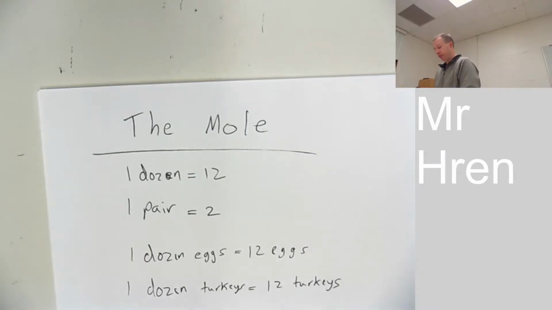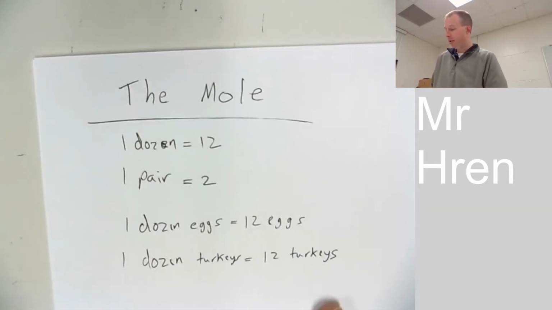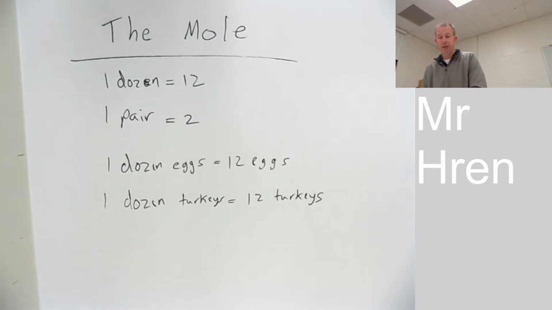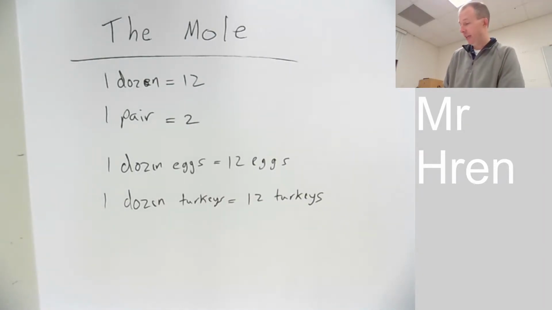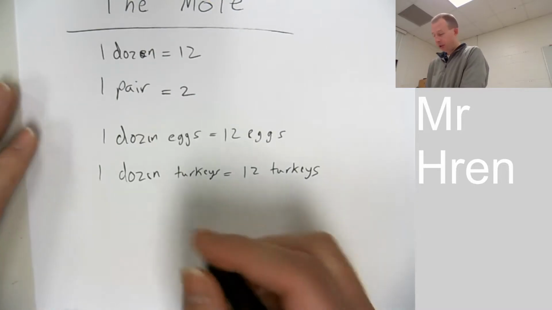Same thing is in place for the mole. Now, the reason the mole is confusing is because it's used generally to represent atoms. It was devised to be a way of allowing chemists to account for the insanely huge number of atoms present in anything, because there's a lot of atoms, like a lot. So if you have 1 mole,